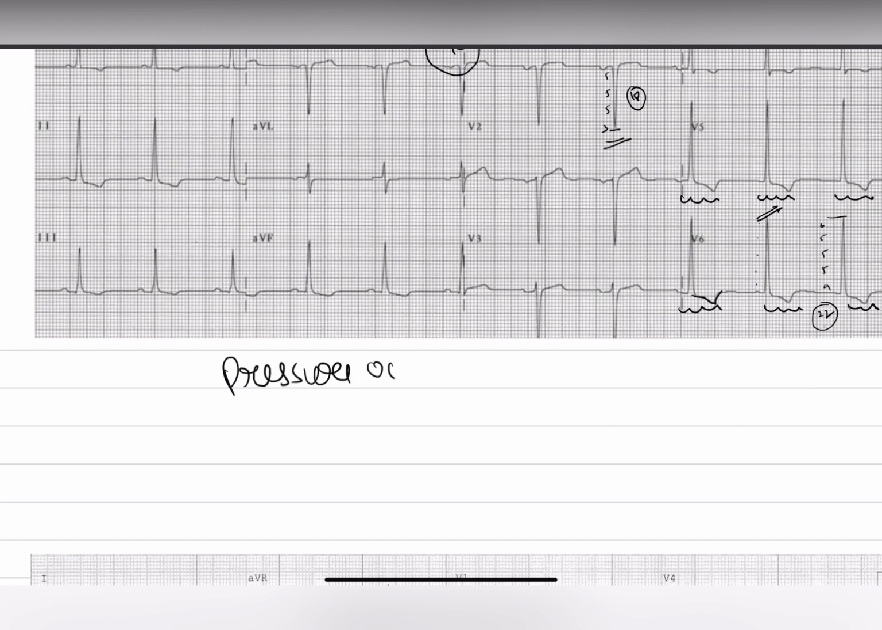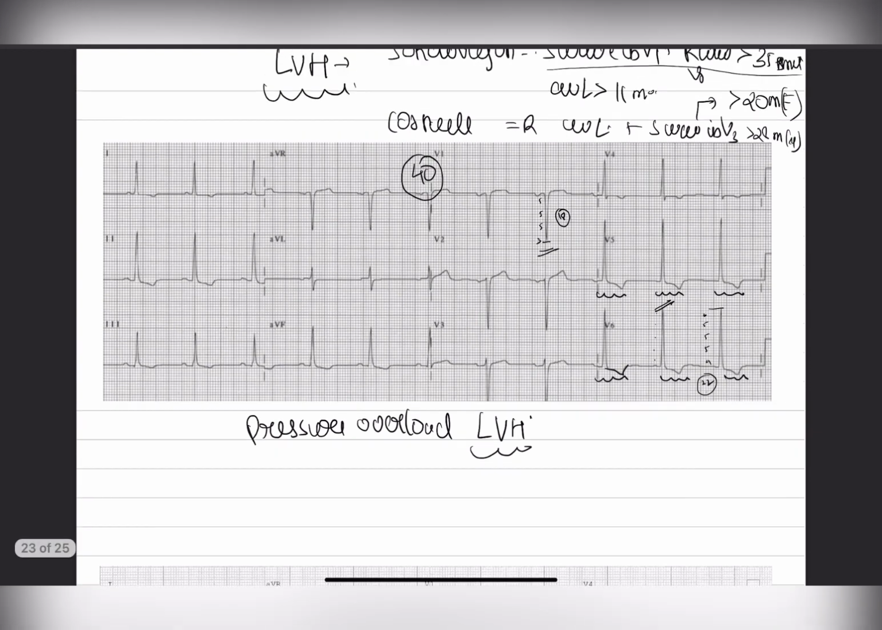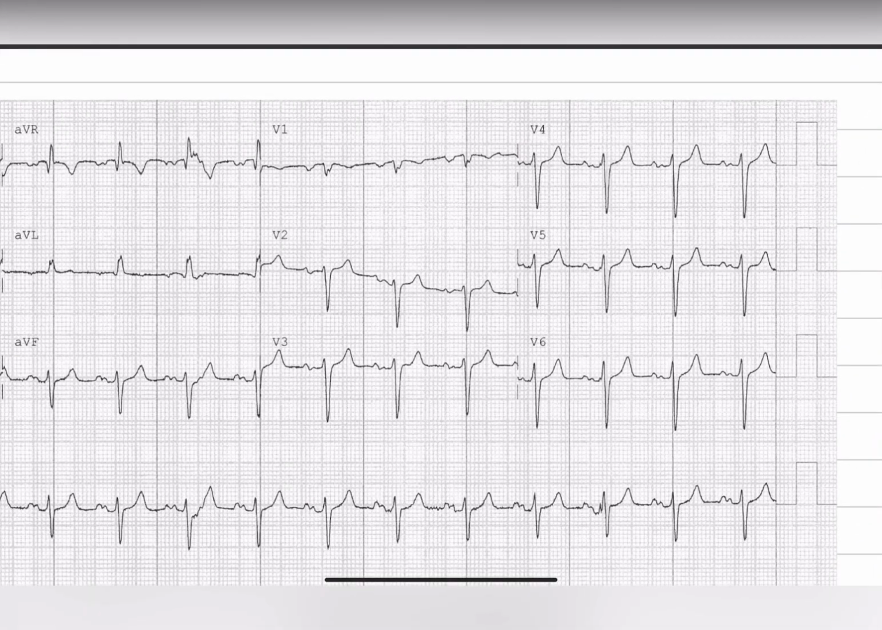This is an example of pressure overload, LVH. So we have found out there is LVH by calculating the axis number of small boxes, and we have also found out the pressure overload by looking into the secondary ST-T changes. So this is an example of LVH pressure overload. You look into this ECG, this ECG,